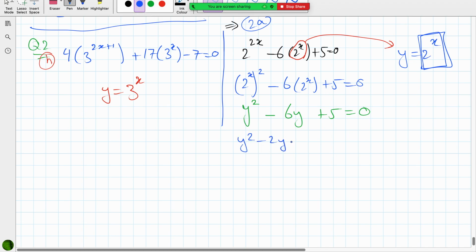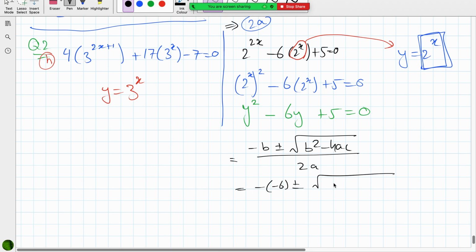Y square minus 2y to make 5, we do not have midterms, so we'll go for quadratic formula. Minus b plus minus square root b square minus 4ac over 2a. Minus into minus x plus minus square root b square minus 4 into a into c over 2a. And using calculator,